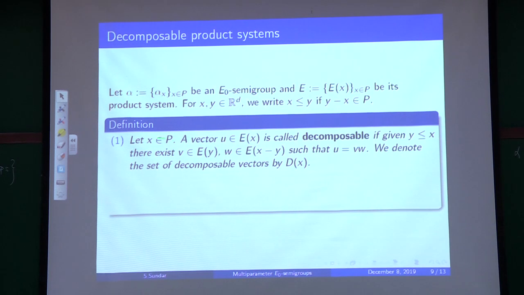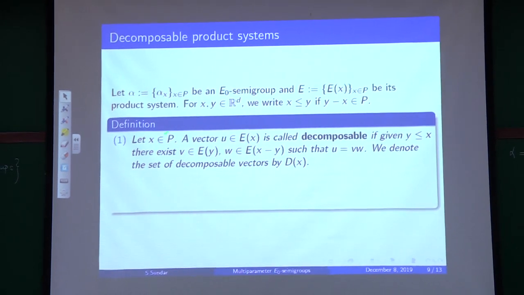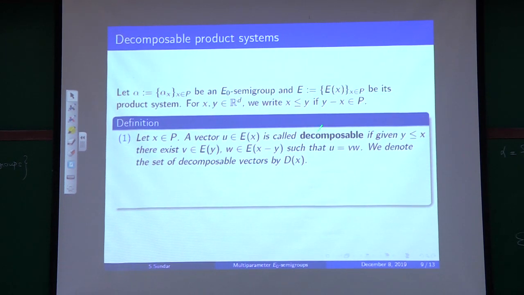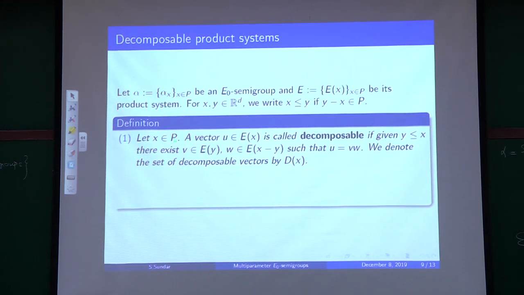Okay, so you need a few definitions. Alpha is an E0 semigroup and E is its product system. There is no difference between E0 semigroups and product systems. So you take a point x in P, a vector u in E_x. E_x is called decomposable if, given any point y less than or equal to x, you can write E_x as